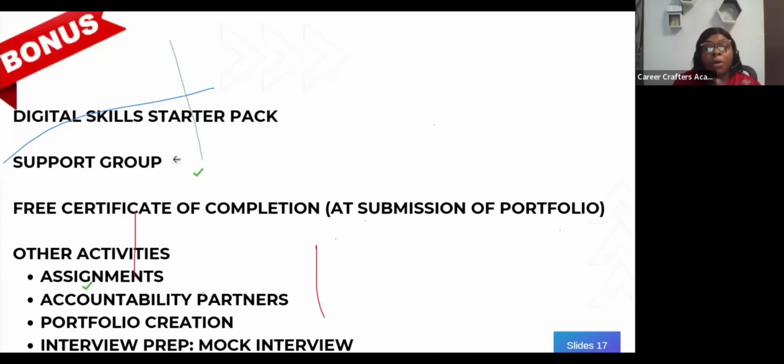And then, of course, on completion of the program, you get a certificate for free. You don't pay extra for the certificate. The only criterion for getting a certificate is that you complete the program. You actually complete the program and prepare your portfolio, so that by the time you are graduating, you have a portfolio to show clients and say, this is what I have done. Yes, we'll teach you how to do it. We make sure that you actually have work samples that you can show clients.